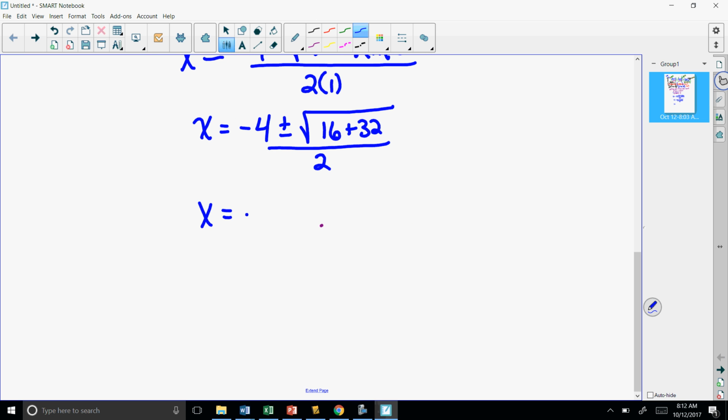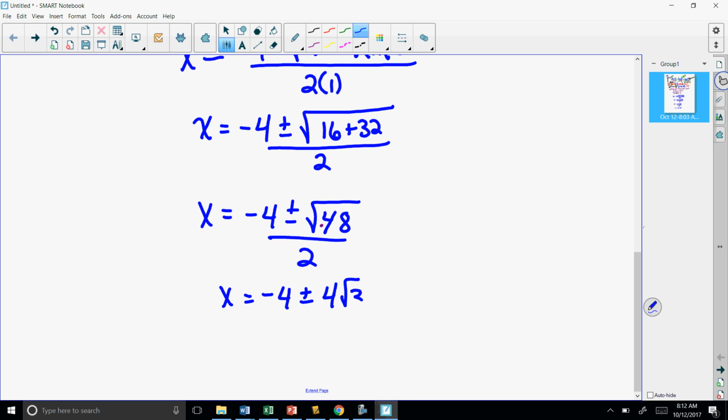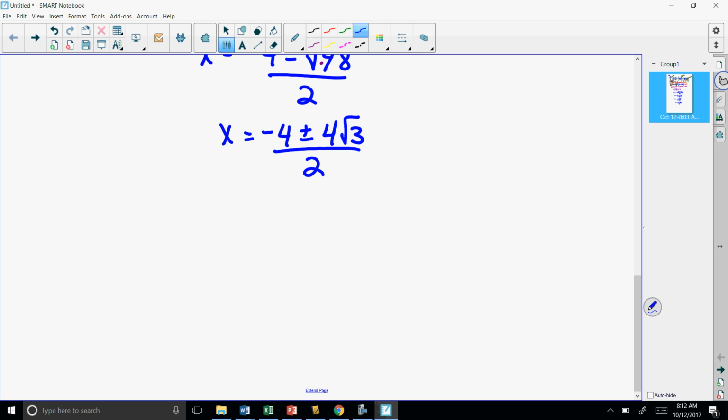So as we simplify, x is equal to -4 plus or minus the square root of 48 all over 2. Simplify your radical, plus or minus the square root of 16 times 3, so you get 4 radical 3 all over 2. Take a 2 out of each, and x is equal to